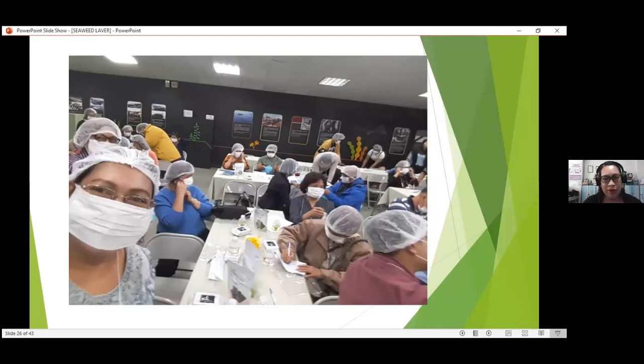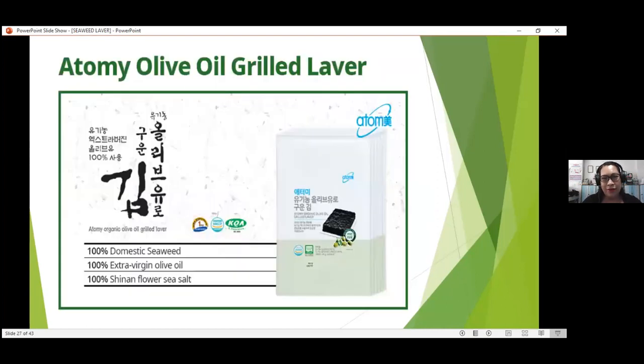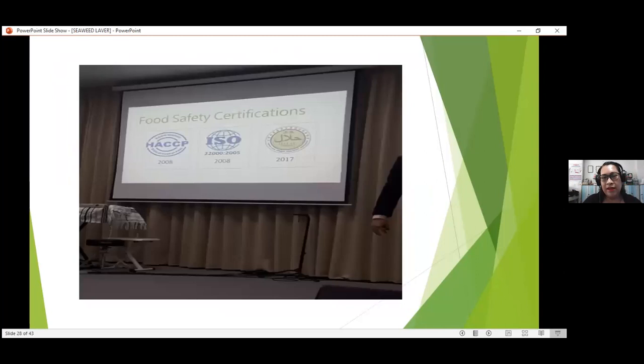Ayan. Tapos, eto yung area namin. Nakita nyo na yung mga freebies na binigay sa amin. So, binigyan po kami ng freebies dyan. And then, pag upo pa lang po yan dyan, parang snacks. Andyan na siya. Iba pa po yung pinatake home sa amin. Okay? So, eto yung sa Atomy olive oil grilled laver doon sa Taiwan. Binigyan nila kami ng